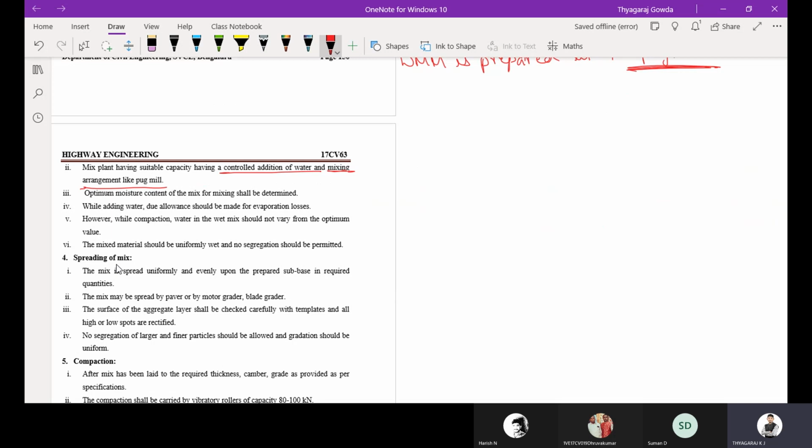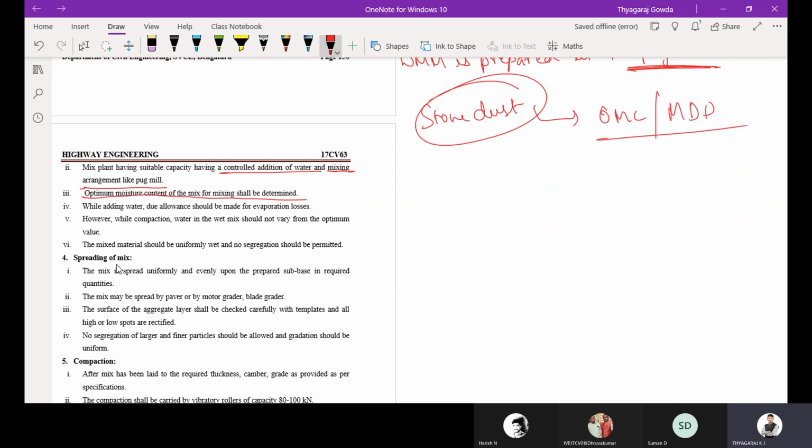Then the optimum moisture content of the mix for mixing shall be determined. Since it has stone dust as the binding material, we have to determine the optimum moisture content and MDD in the lab, and you are going to maintain the optimum moisture content till it gets to the field and gets compacted.